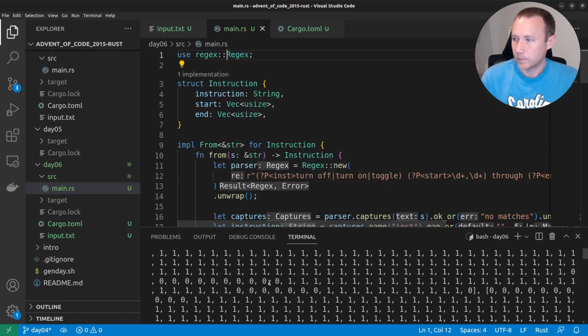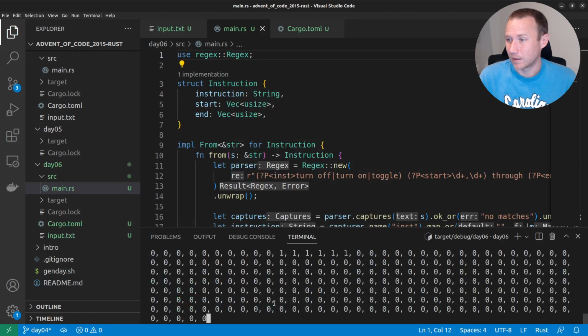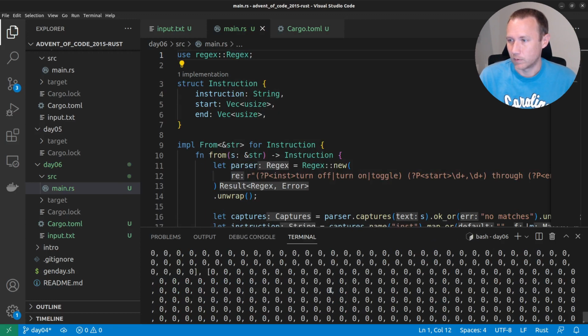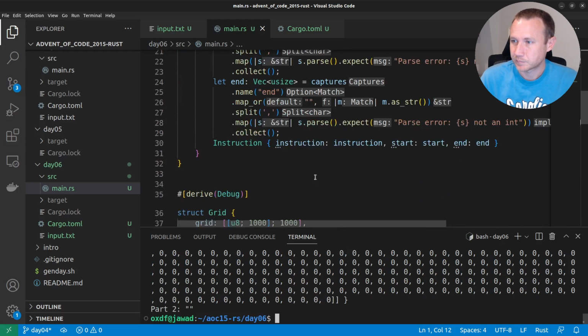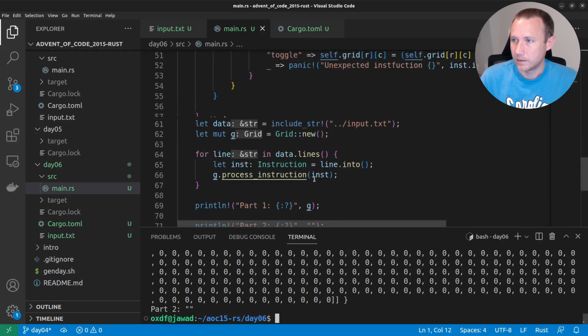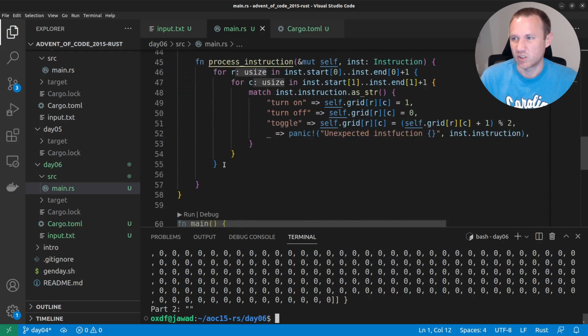Run that. Okay, I don't know that it's right, but I'm looking at this, I'm seeing a grid with lots of ones and zeros, with blocks of ones changing. So it's promising. Let us see here. What we need last is, we have our grid right now. We can create it. We can apply an instruction to it. And we need